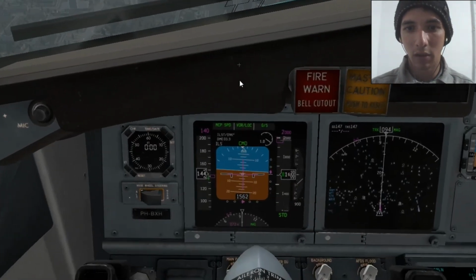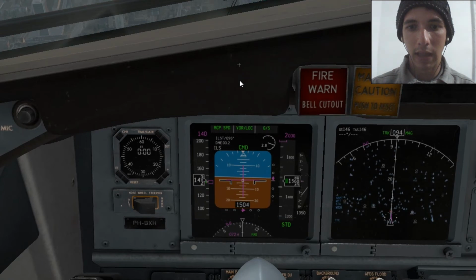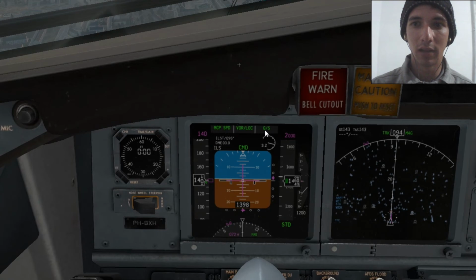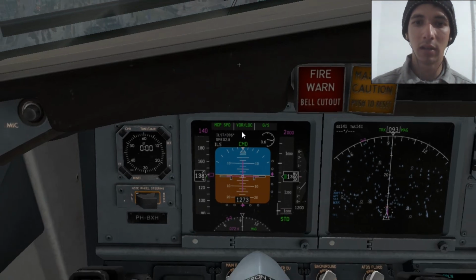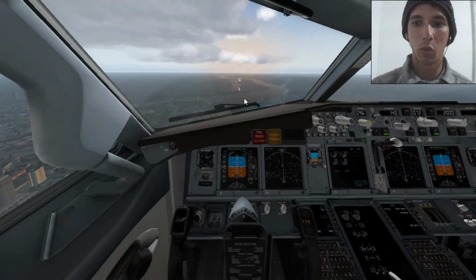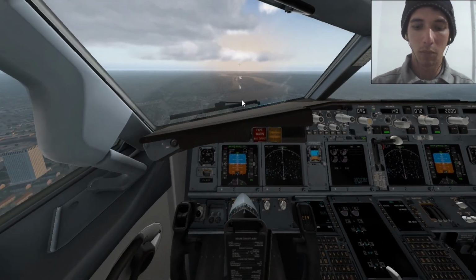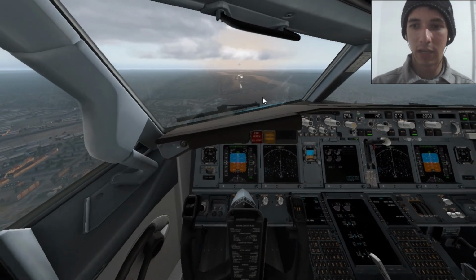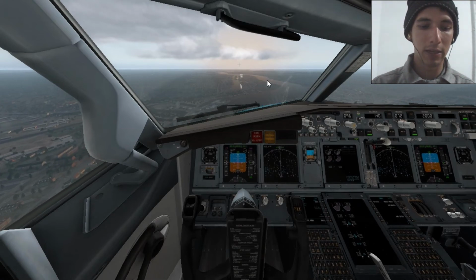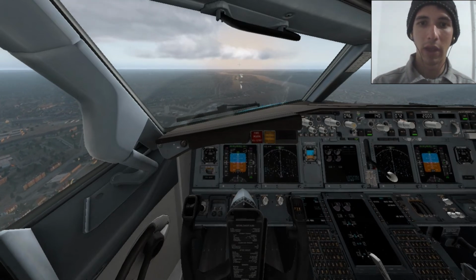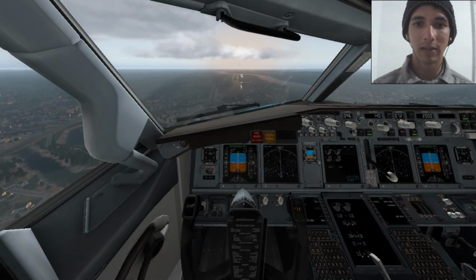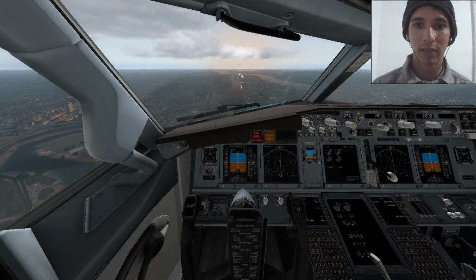Okay, now we have glide slope, and now we have the glide slope signal that comes from the antennas in the runway and tells us whether we should be higher or lower. We have the localizer signal that tells us whether we should be more to the left or more to the right. And now we have to get the gear down. To do that, you can press the key G on your keyboard. Now we have the gear down, and we are going to perform an ILS approach and landing,